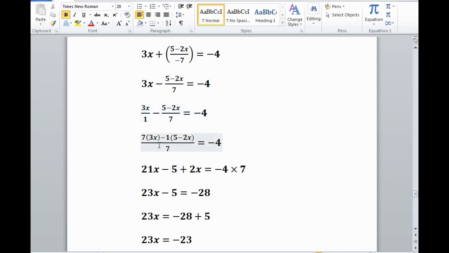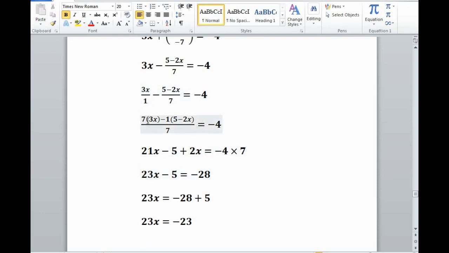And the negative sign, again, I divide LCM 7 by the second denominator 7, then 7 divided by 7 is 1. And then I will multiply this quotient 1 by the second numerator 5 minus 2x, equals negative 4. Now 7 times 3 is 21x, minus 1 multiplied by positive 5 is minus 5, minus 1 multiplied by negative 2x